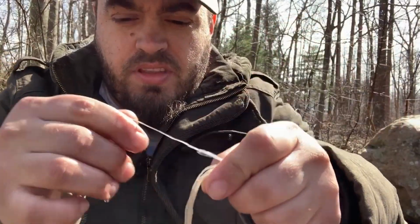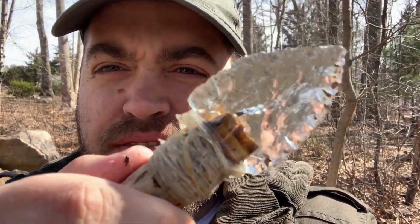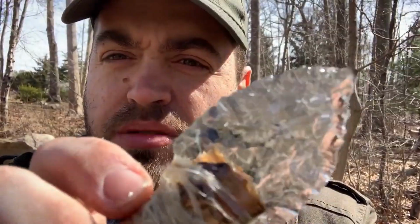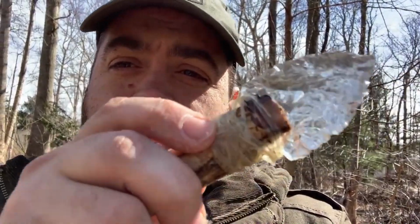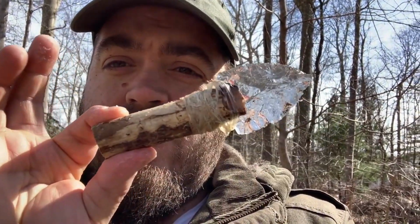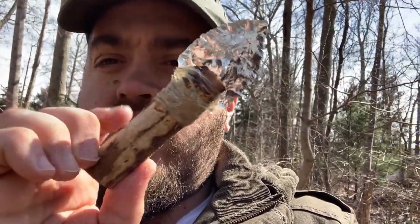Deer tendon. Again, a really effective glass primitive knife here. Works way better on a handle for cutting than on meat. Just be careful not to get these glass shards in your mouth. I like to use Chert for my knives because it doesn't leave little flakes of glass in your food. But if you need a knife and you happen to find glass, because glass is everywhere, this is how you do it. You don't need a very fancy handle, don't need a large handle, just some cordage, some glue,